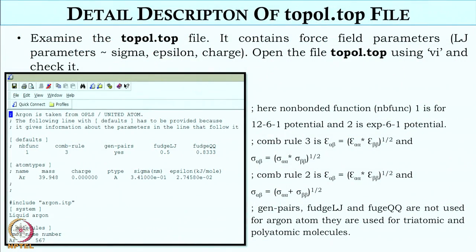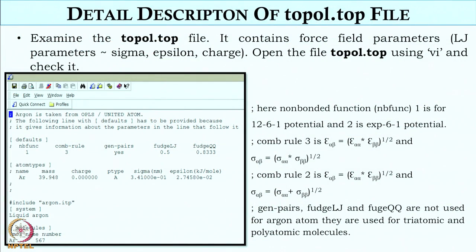So this topology file is a normal file, not a binary file. It can be viewed using the VI command. The binary files are the ones created after we run the energy minimization command or the MD run, which will come later. The extension is TPR. TPR and TRR are the binary files, which can be viewed using a different command, not the simple VI command. You can open the topology file using the VI command.